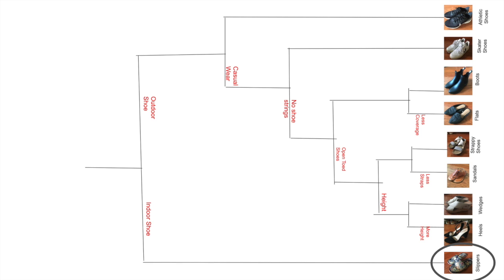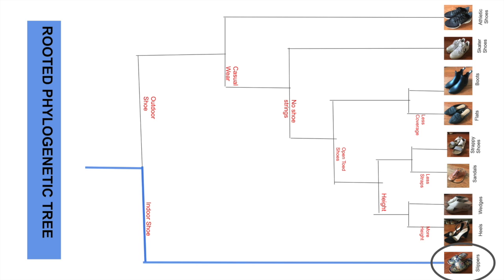As the outgroup roots the tree, the phylogenetic tree is described as a rooted tree, where the distance between OTUs is known and the order of divergence is inferred by comparing to an OTU that is considered an outgroup. And so the outgroup is most likely the first thing that diverged off from the rest of the population or of the shoes, and that helps to track back down to the main common ancestor where the first split